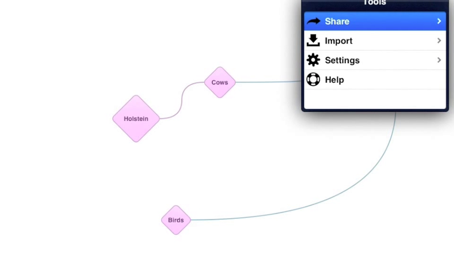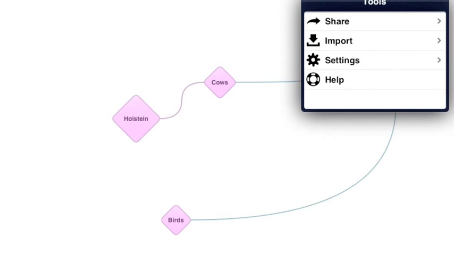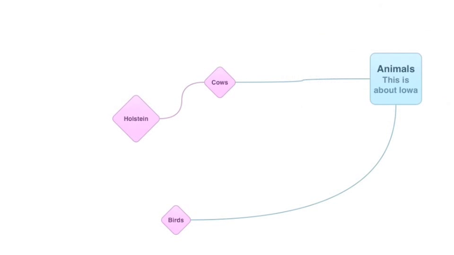Up there again, I have the ability to share this if I wish by email, to my social networking, and so on and so forth. And that's also where you would get your settings. I hope you